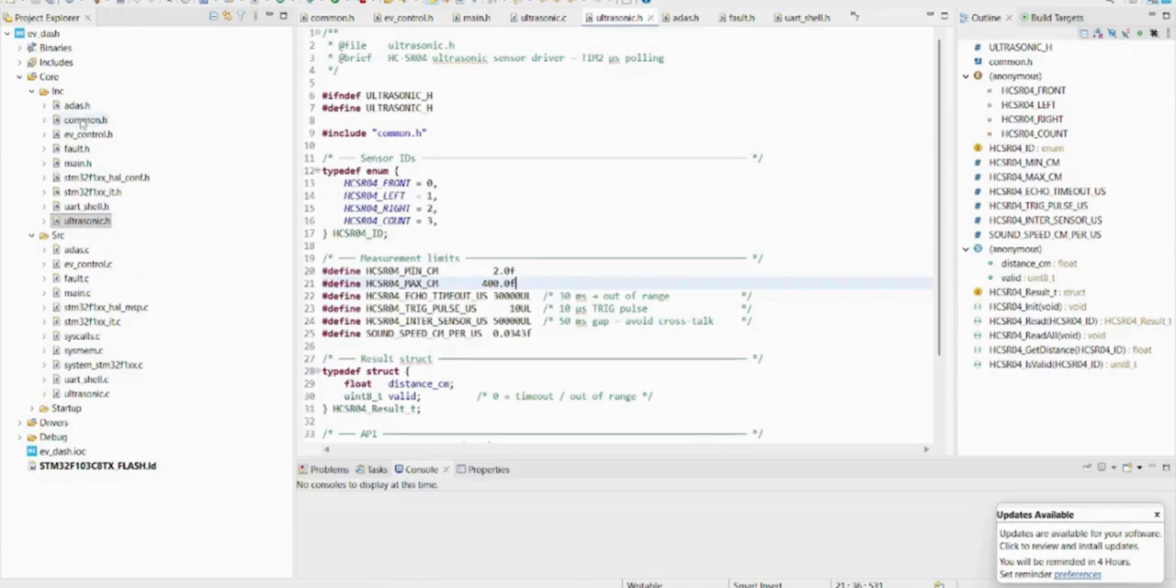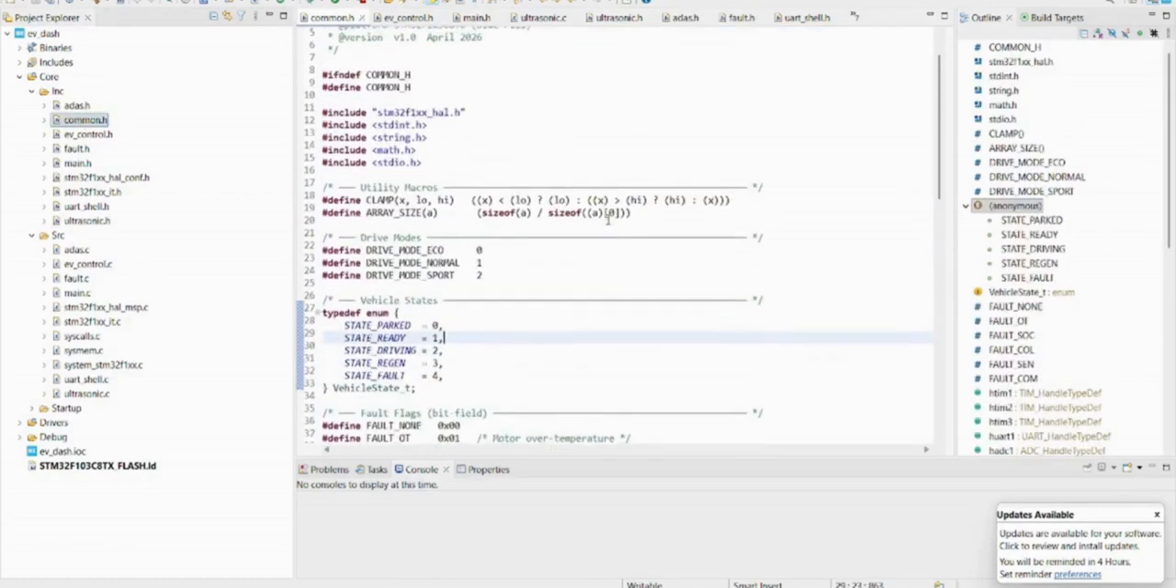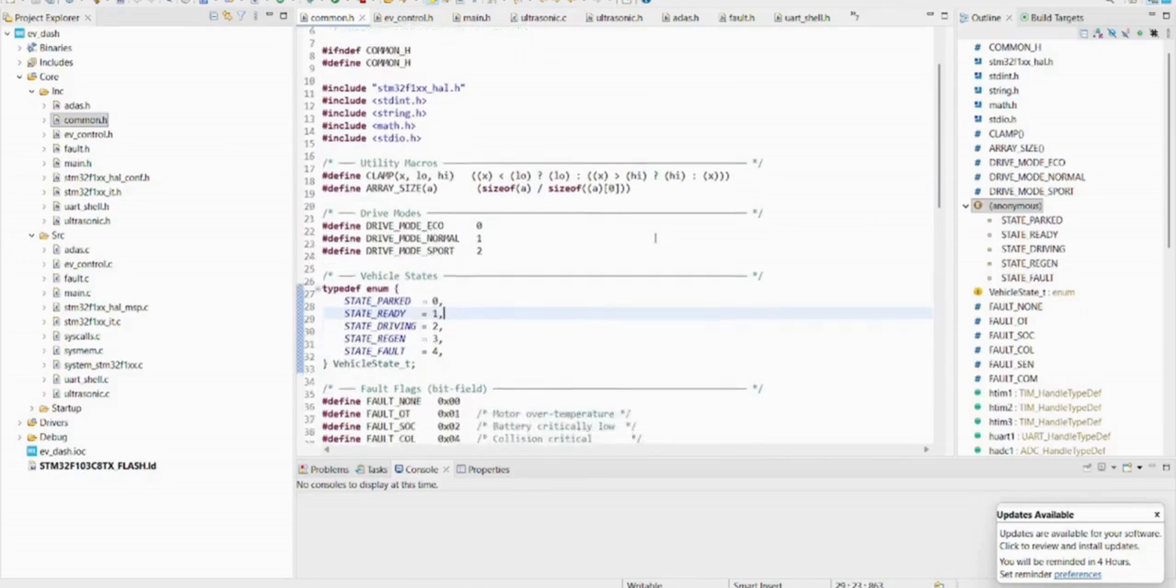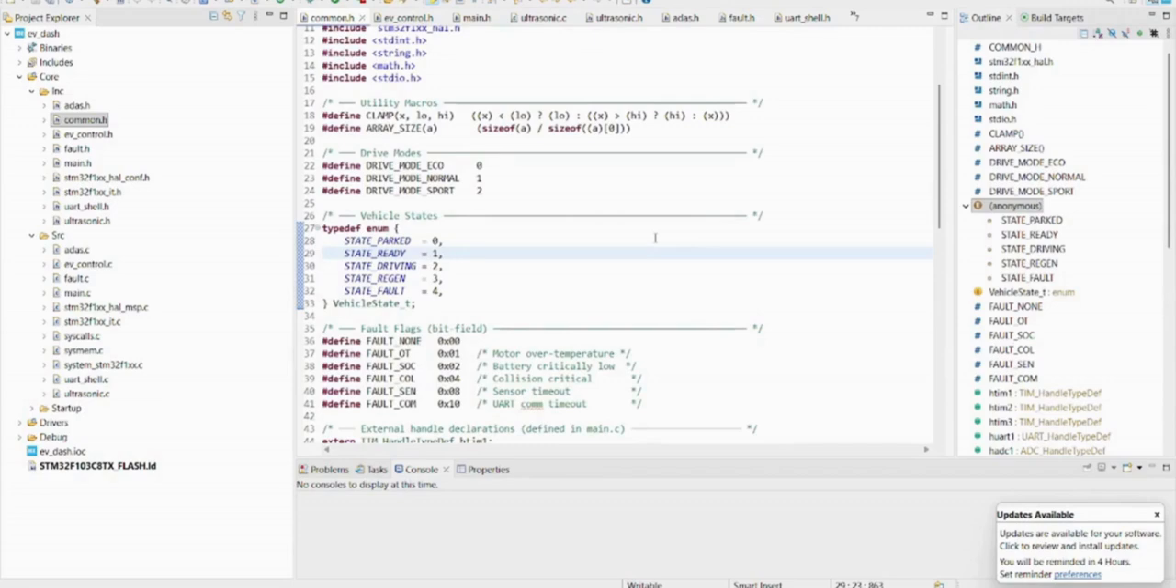Initially, here common.h, if we see this, it acts as the foundation of the project because almost every other file includes it. It imports important STM32 HAL libraries and standard C libraries like stdint.h, math.h, and stdio.h. It also defines commonly used macros such as clamp to limit values within a range and array size to calculate the number of elements in an array. In addition, it stores common constants like drive modes and vehicle states so that every module uses the same definitions